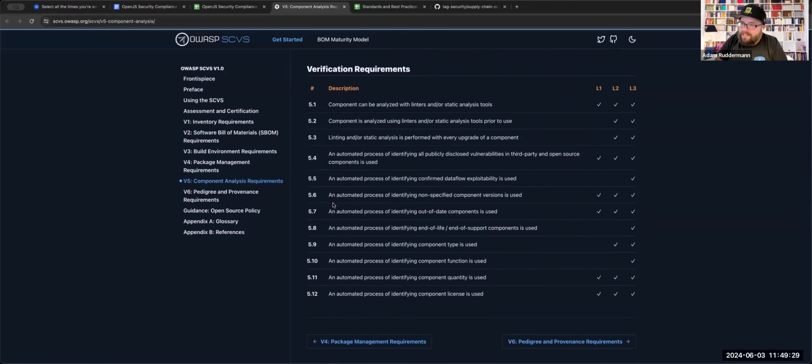Rather than pushing everybody to make an SBOM that might be inaccurate or not very valuable, SCVS goes into quite a bit of detail on the discrete activities that involve dependency inventory and dependency management. And it's these ideas that made it into the standard because these are activities that can be done using existing tools that we can provide guidance on as we evolve, without people having to buy something like Snyk or something else. And that's the other big important thing here too,